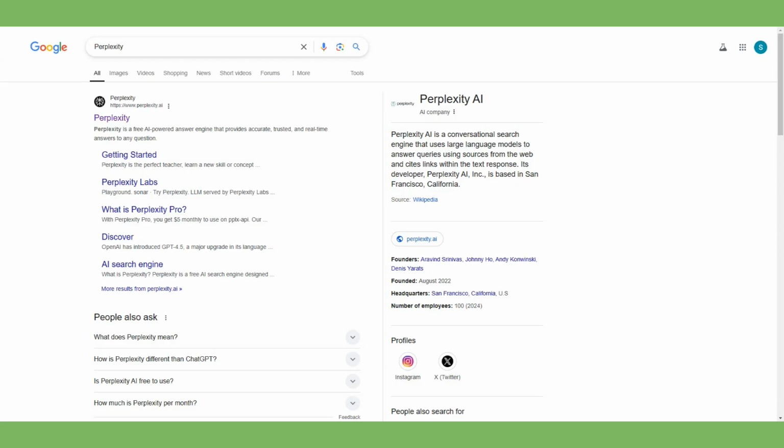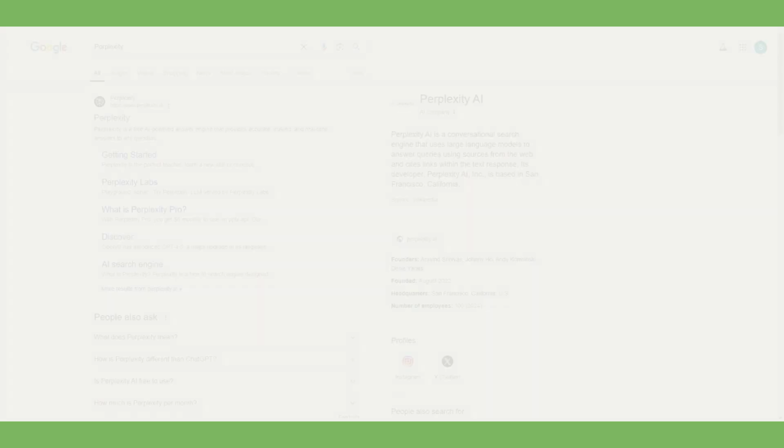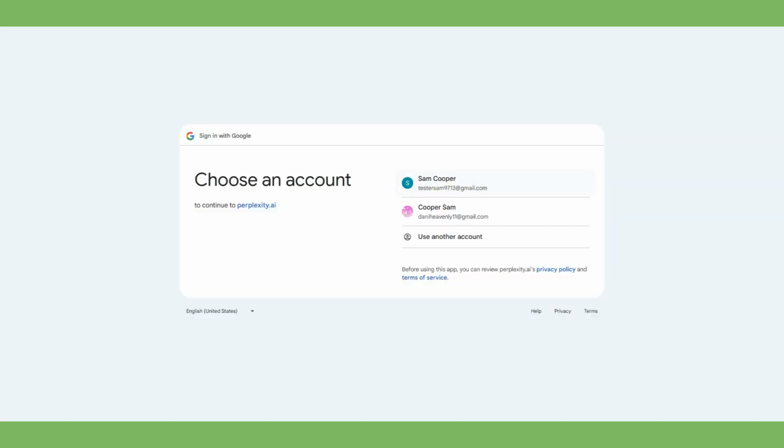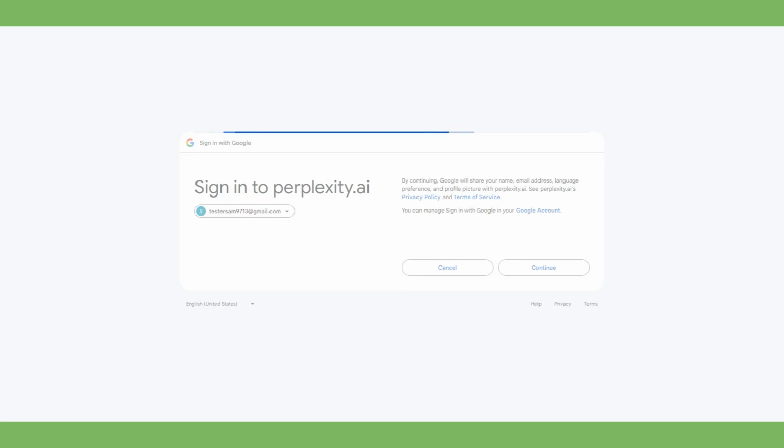So first you have to go to the page of Perplexity, just try on Google and then just click and go to the main page. Here you have to start or join, or you can continue with your Google account. So just click here and you can select the account. In this case I want this one. Just continue,